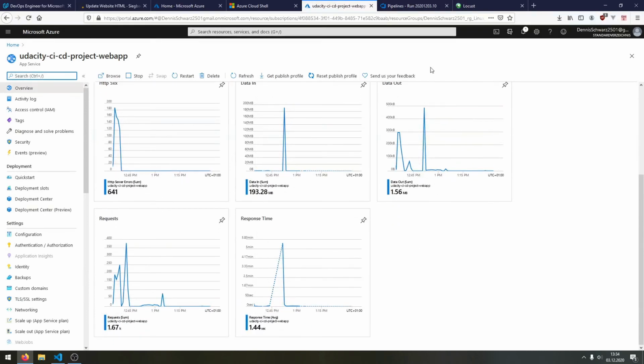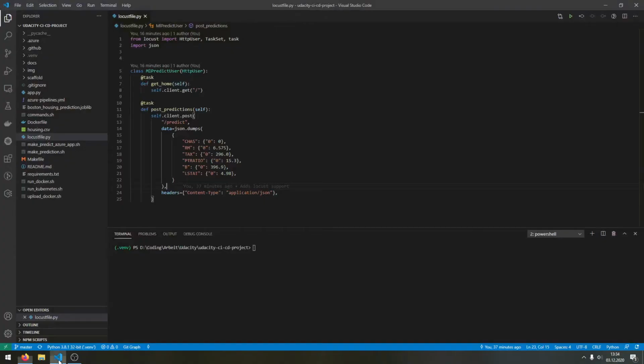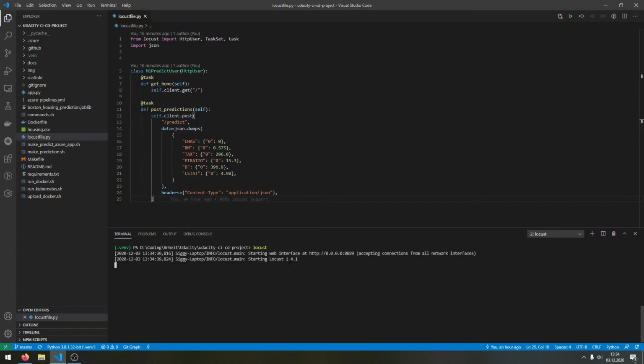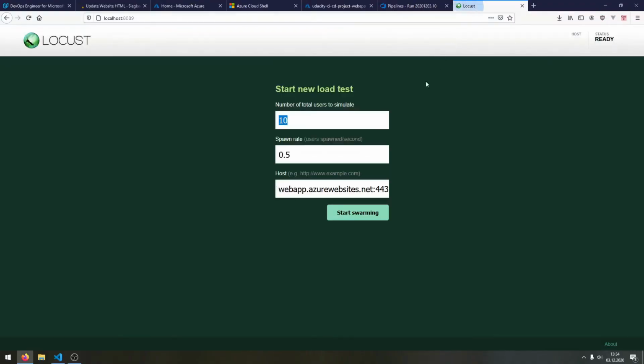And for the final part of the project, I created a locust file, which basically just calls the home path of the app, but also sends a post request to the predict API running on port 443. So if I run locust locally, I can now start a new load test with 10 users at a spawn rate of 0.5, and this is